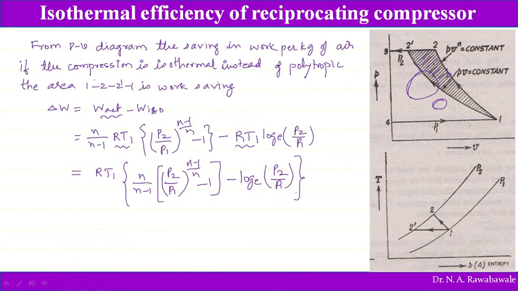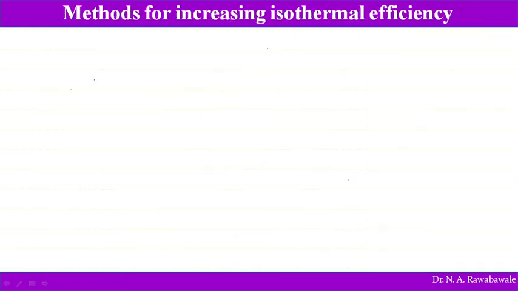So this much is the work saving delta W. This area, represented by hatching lines, is given by this. So Newton meter per cycle is the work saving. Therefore, the isothermal efficiency of a compressor